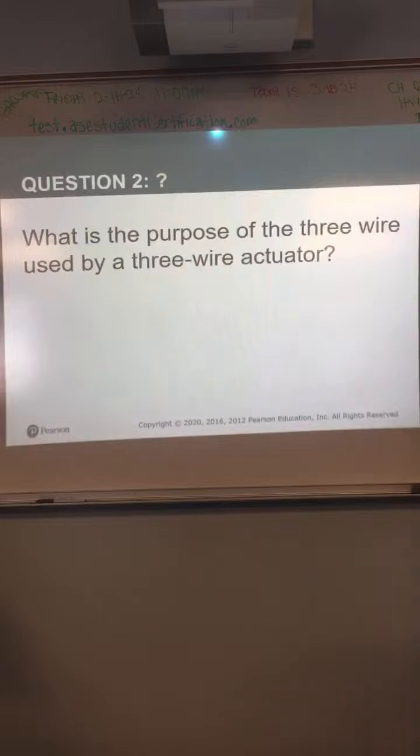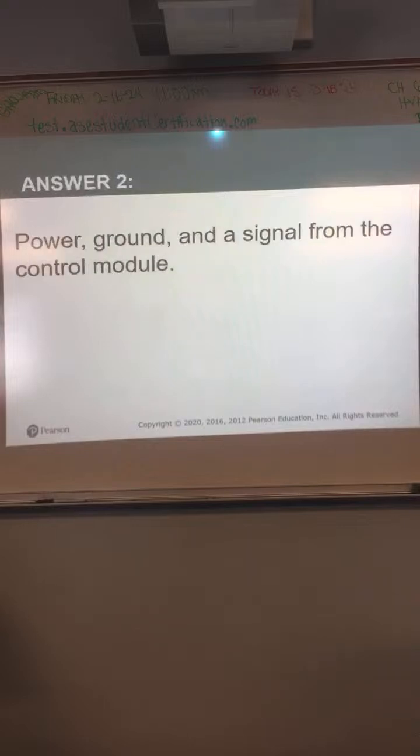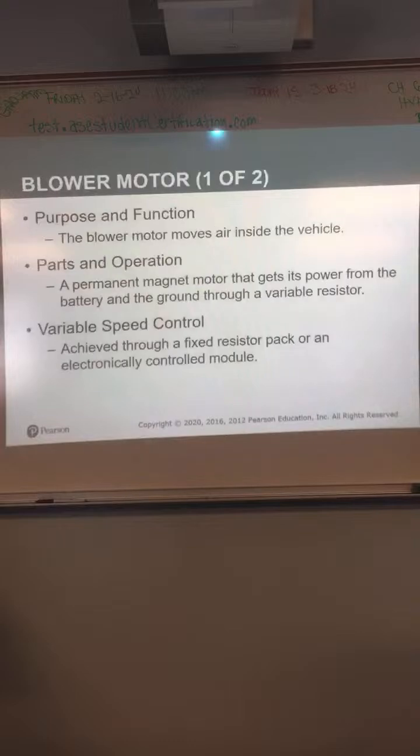You might look at page 777. What does it do? It says a typical 3-wire actuator uses a power, ground, and an input signal. So the 3rd one is for an input signal. Okay, signal from the control module. Okay. Now I also see here that it says if the motor receives a 2.5 volt signal, the motor stops